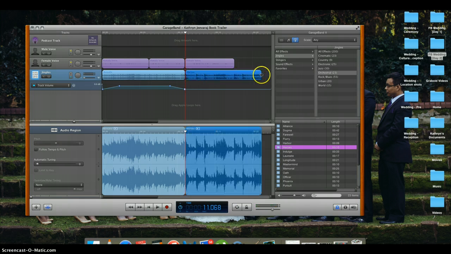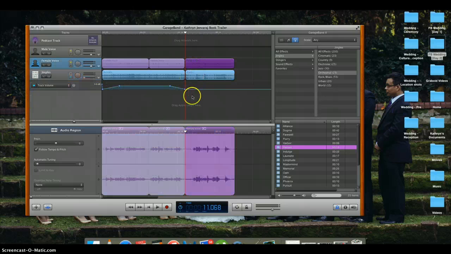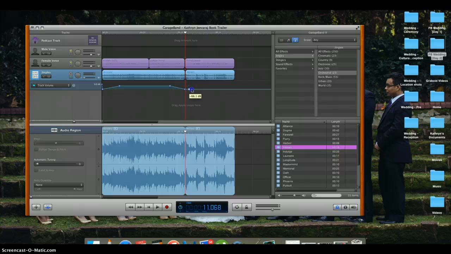Okay, and I'm going to shorten the length. And I'm going to add, here we go, oopsie daisy, I want to pull that across a bit because I want to fade it in. Okay, so delete any of these, you can just simply use delete on the keyboard. I'm going to fade that in. Okay, so if I bring it back to the start,